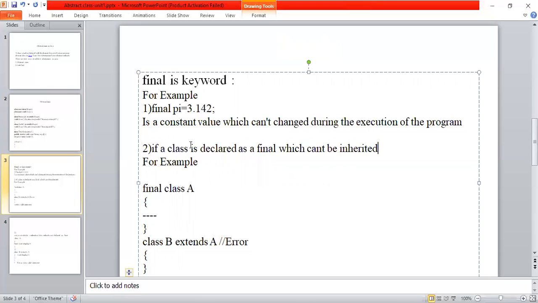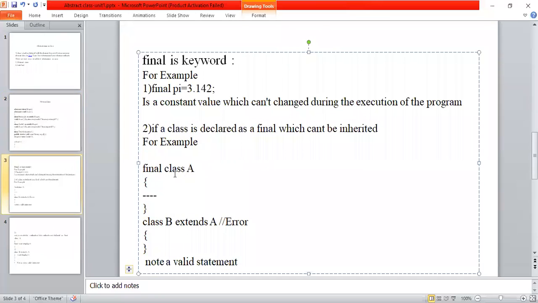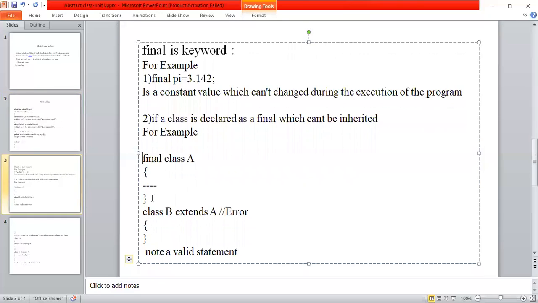Similarly, one more advantage of this final keyword is, suppose I define a class as final. Here I have a class A, and this class A is final. And here I have a class B. This class B extends A's properties. But A is final. Whenever the class A is final, in that case we cannot extend it, meaning class B cannot extend A, which produces an error.